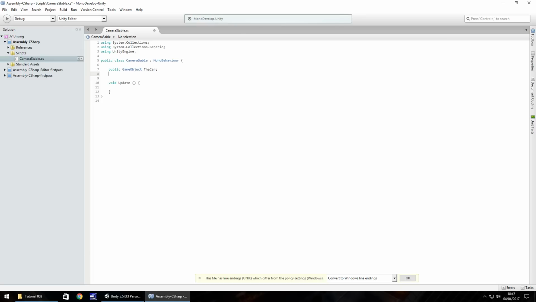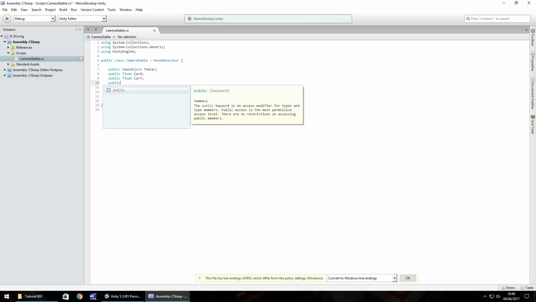Now the way we're going to do this is going to be public, and then it's a lowercase f on float, and then we'll call it car x. And then remember the semicolon at the end to say that line is done. Next we'll do public float, and we're going to do the y. So in this case, car y, semicolon. And then the final one, you've probably guessed it by now, is going to be public float, and it's going to be car z,